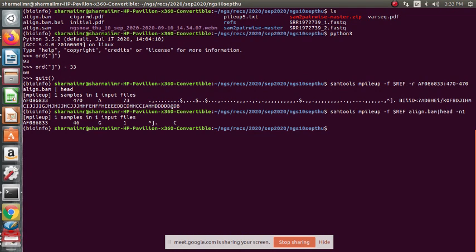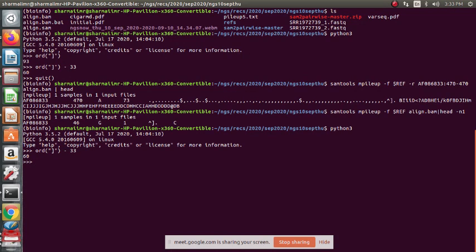So if we can check again, Python 3, out of this minus 33, this is 16. And if we can check for this also, see, though it's not given in the manual, this is 34, right?